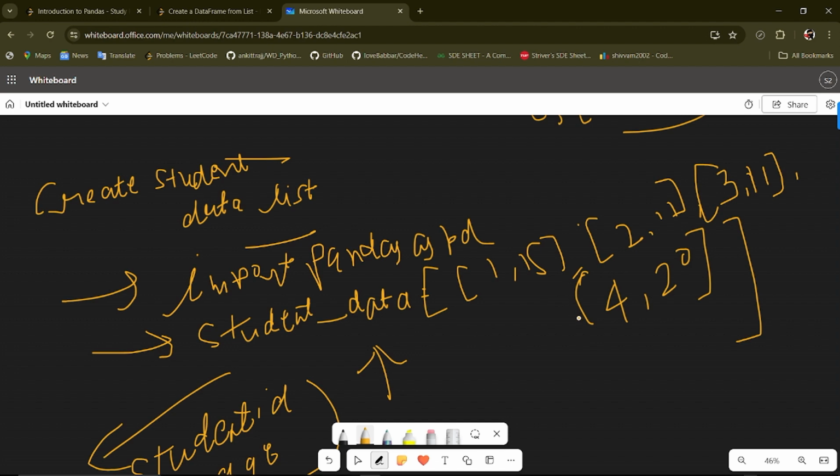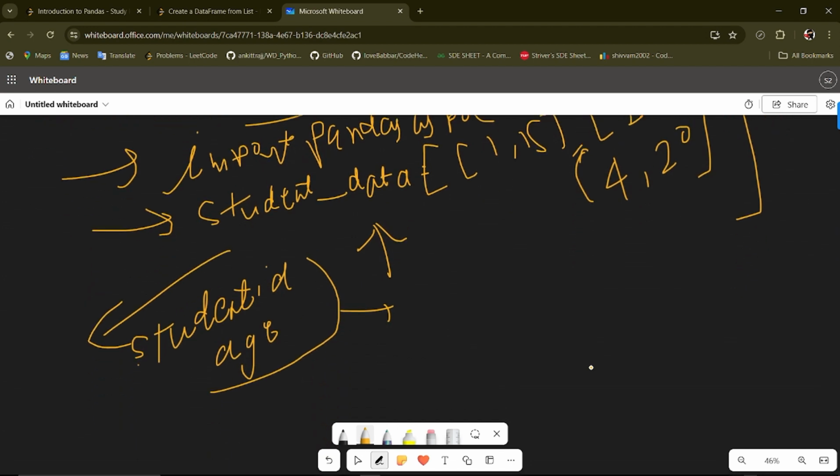Next, first we have imported pandas and we have initialized the student data.